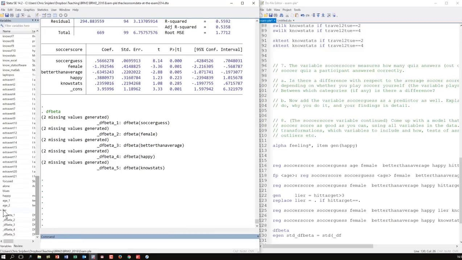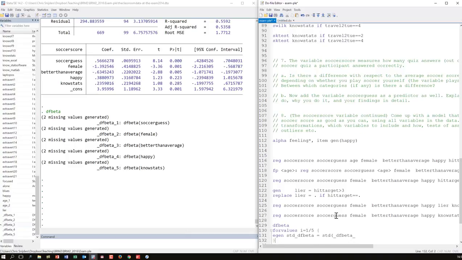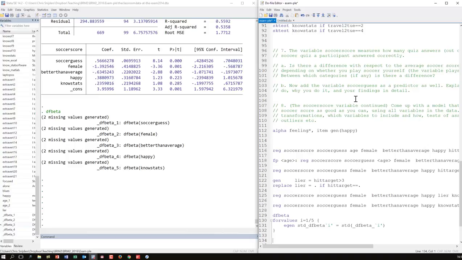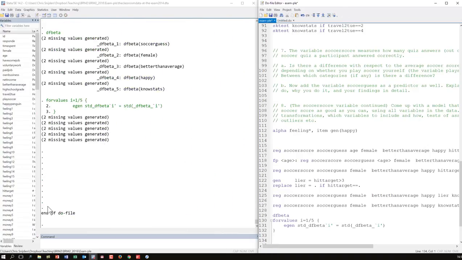Just peeking for a minute what these variables are called. Yeah, they're called underscore DF beta, that's indeed correct. Here it helps if you know how to write a for loop. See, it's working. Okay. So now I have standardized DF betas,